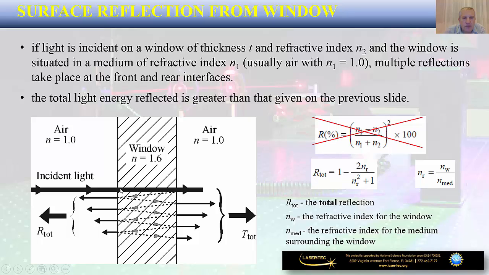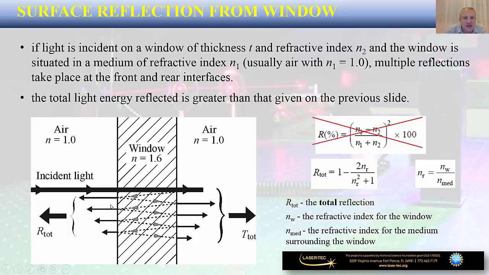Now the rest of the irradiance is going to get transmitted into the window and continue propagating towards the right side. When that light beam reaches the second boundary between the glass and the air, a certain amount of that power is going to get reflected back into the window, while the rest is transmitted into the air. The reflected light from the second boundary propagates back towards the first boundary, where a certain amount is reflected back into the window, but also a certain amount is transmitted into the air and shows up as the second